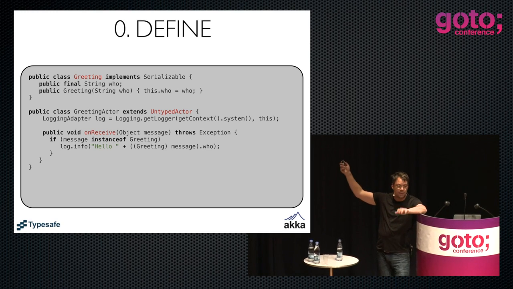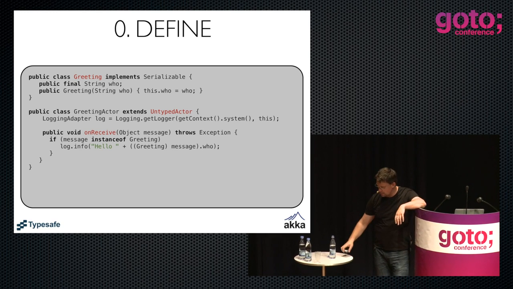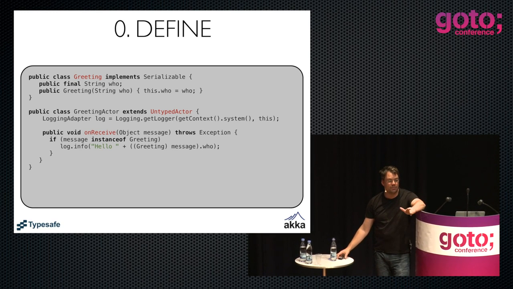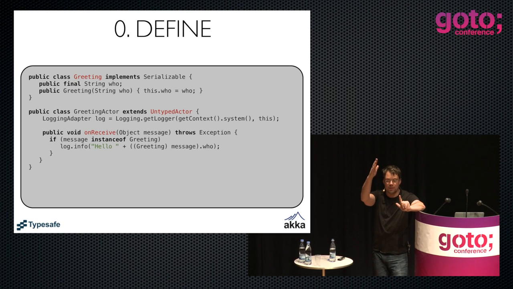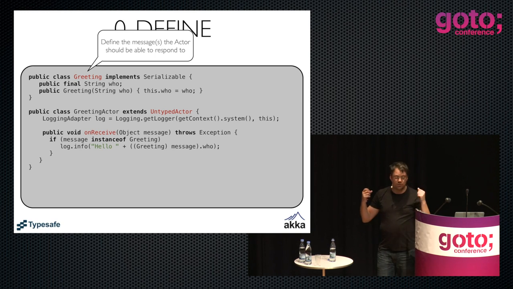You say you're extending, now we call it UntypedActor. In Akka we have two types of actors. We have untyped and we have typed actors. Typed actors actually expose a statically typed interface. So it's a more statically typed sort of component. You lose a lot of the dynamicity in the model with that, and it's not like the traditional type of actor. It's more like the active object pattern, but some people like that. But I'm going to now talk about the true sort of actors that I think are more powerful and flexible. So the only thing you need to do when you create an actor is extend this UntypedActor,